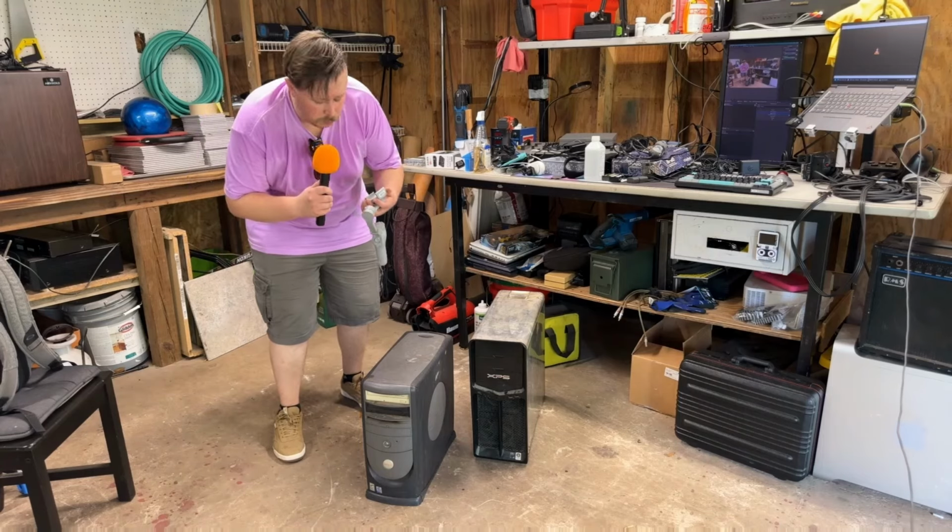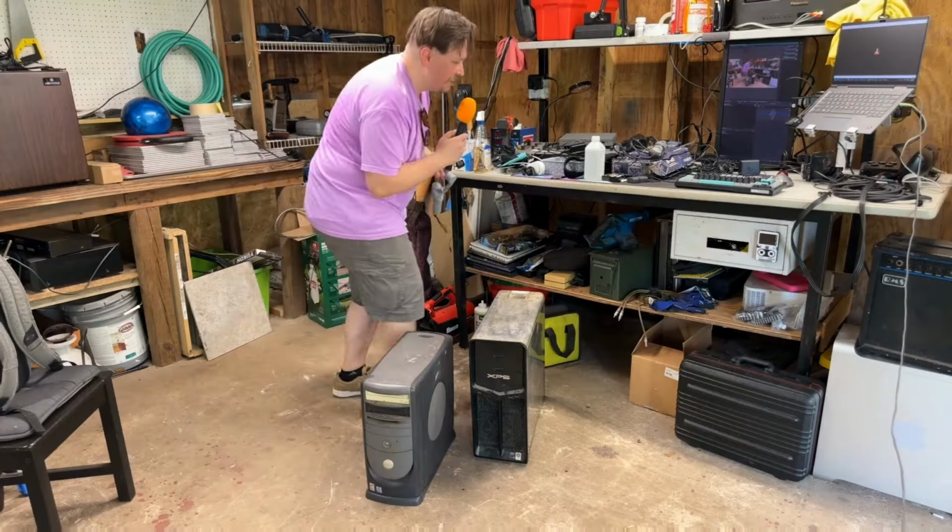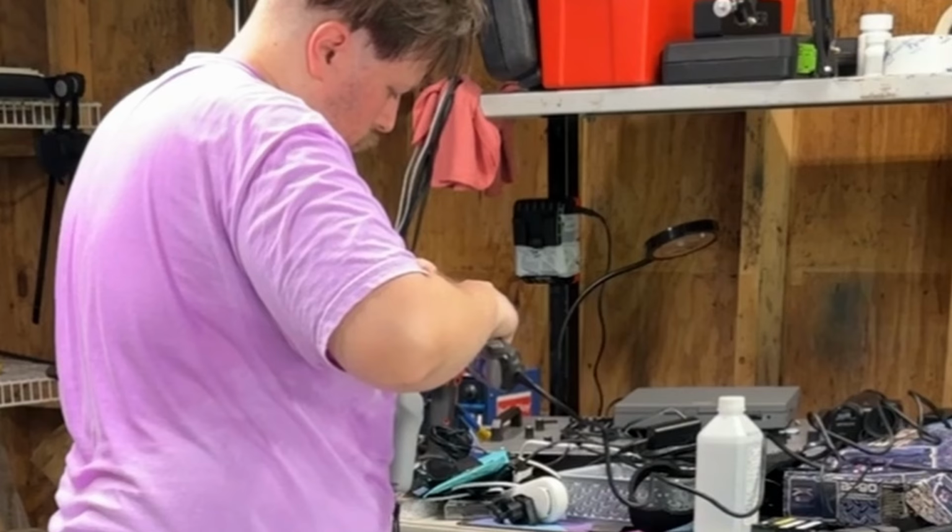You ever have a gimbal that has a misshapen little nubbin that keeps hitting the power button on your phone and locking it when you're just moving the gimbal around? I'm gonna show you how to fix that. See, what you're gonna do is you're gonna take your Dremel and you're just gonna